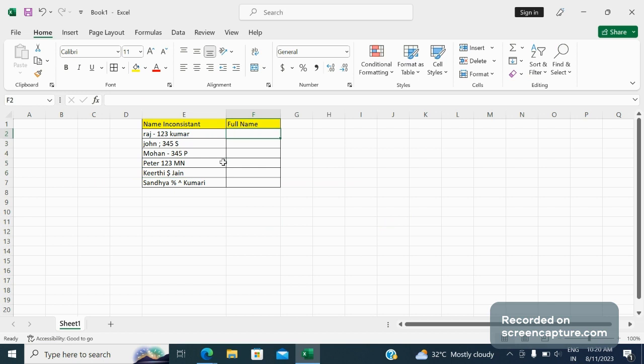For example, here I have only 6 rows. What if you have 10,000 rows? That is a problem, right? So let's solve this complex scenario right away. For example, look at here. I'm going to type Raj, then space, Kumar, and then enter,